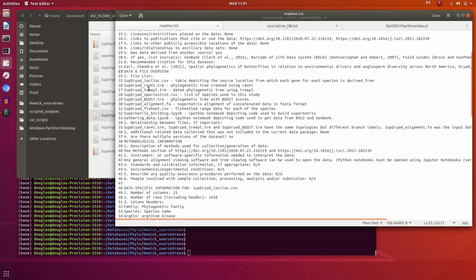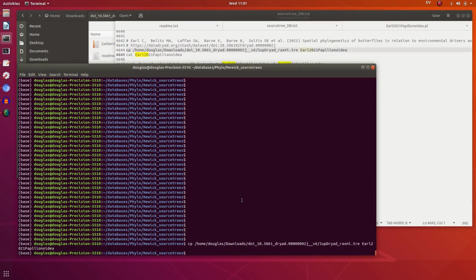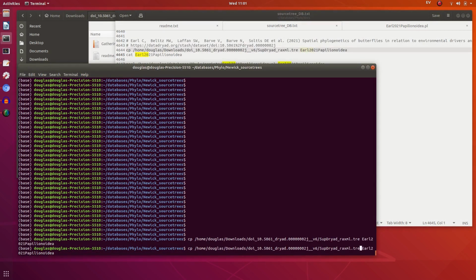XML tree PL, which will be based on presumably the XML tree. Phylogeny with boost scores. I don't know what these are, but I'll assume this is also based on the ML tree alignment. So we'll probably obtain this here. Copy into working directory. Cat, take a look, and